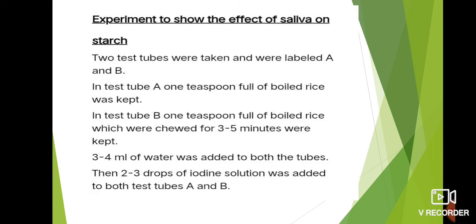This is the experiment to show the effect of saliva on starch. I just told you, saliva helps us to break down carbohydrates into sugar. Two test tubes were taken and labeled A and B. In test tube A, 1 teaspoon of boiled rice was kept. In test tube B, 1 teaspoon of boiled rice which was chewed for 3 to 5 minutes was kept. 3 to 4 ml of water was added to both test tubes A and B. Then 2 to 3 drops of iodine